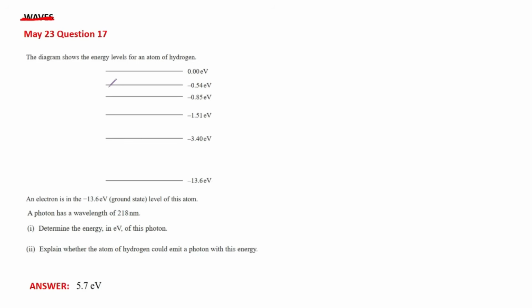Now, a photon has a wavelength of 218 nanometer. Determine the energy in eV of this photon. Check this out. The question has given you a wavelength in nanometer, and it is asking you to find out the energy of this photon. Let's put eV on hold for the time being. Let's first find out the energy in joule. So energy of the photon